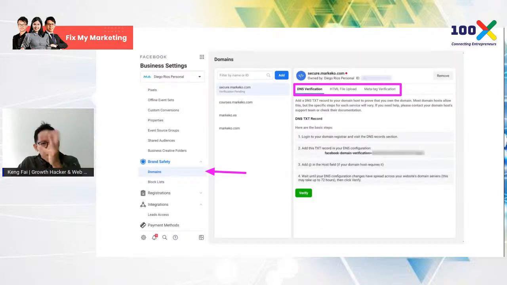All right. So if you have not done this step before, those who have just started doing your pixels, make sure you go to Brand Safety there and go to the domains and whitelist your website with Facebook. All right, with Facebook using this DNS verification, or depends what you want to do. You can add this in your TXT file, or maybe you're going to go to the meta tag to actually put in the code there and verify. So it takes up to 3 days, but normally it takes quite fast, depending how you do it. So this is how you should do it for your domain whitelist.